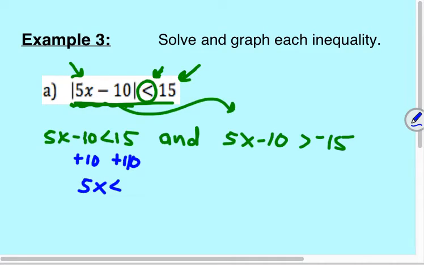5x is less than 25. Divide both sides by 5. X is less than 5. And